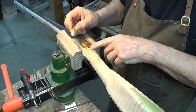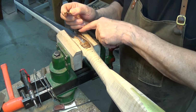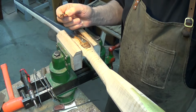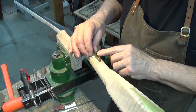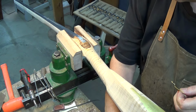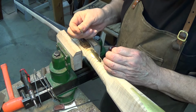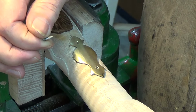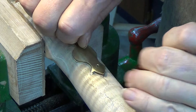And the way you do that is draw your center line for your inlay. Kind of ignore this brown, that's just a preliminary stain on the carving I was doing so I could see exactly what it was going to look like when I was finished. But I've drawn a center line and positioned this in place, and I've gone ahead and drilled two holes. I'm going to actually use screws to hold mine down, and I've got some very small, fully threaded screws that I use to hold this in place. And with that screwed down